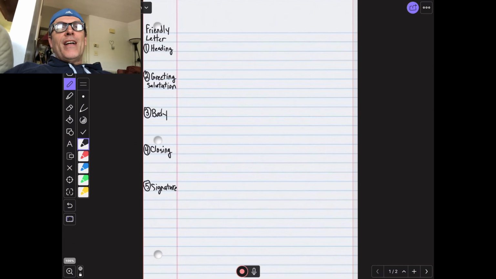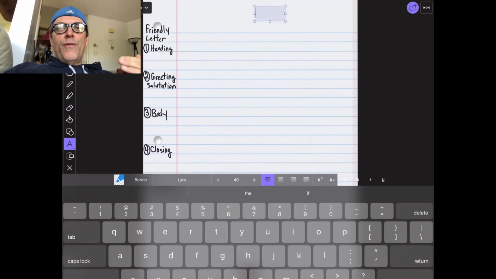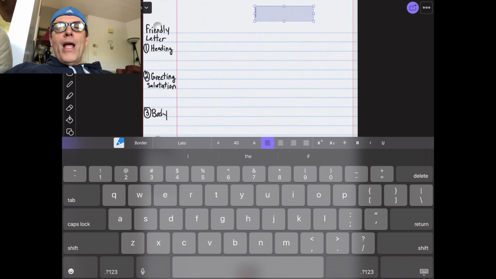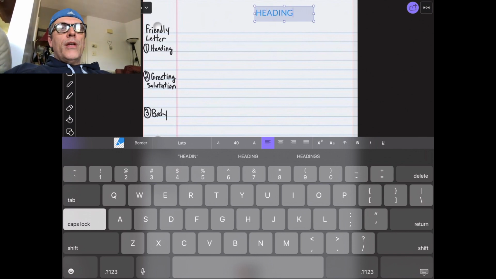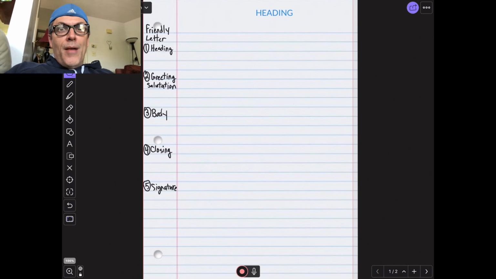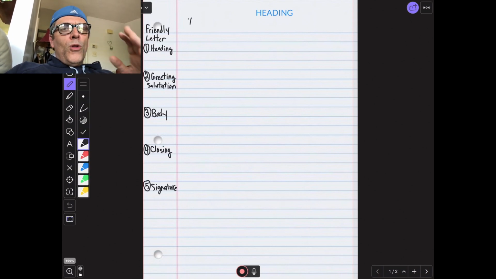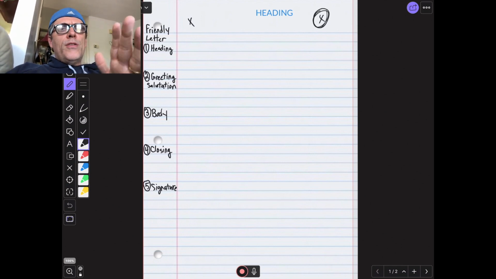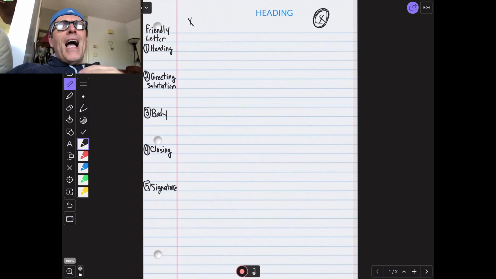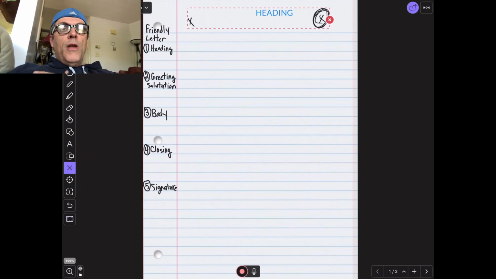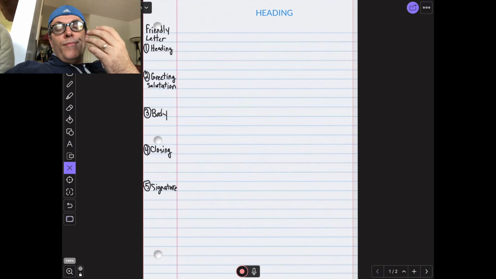So let's go back up to the heading. And this, of course, is the first thing that people see when they are receiving a friendly letter. And the heading itself can go in a bunch of different places in a friendly letter. A friendly letter is informal, meaning it's not like going to a business to get a job, a business letter where you have to have things in a certain place. So your heading can go really wherever you want it to go in that top margin. I prefer it for this lesson to be on the right-hand side,